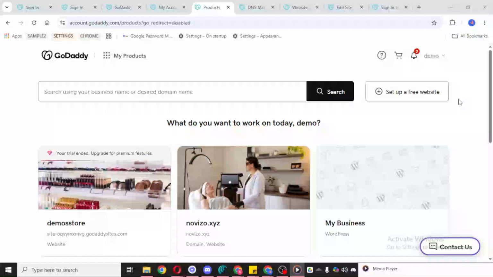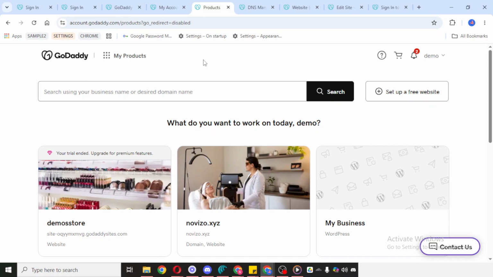In today's video, I'm going to teach you how to unlock a domain in GoDaddy. If you need to transfer your domain to another registrar or make changes that require the domain to be unlocked, this process is very simple once you know where to go. I'll walk you through it clearly so you can follow along without confusion.